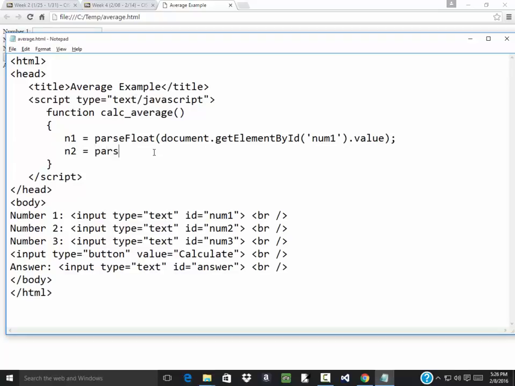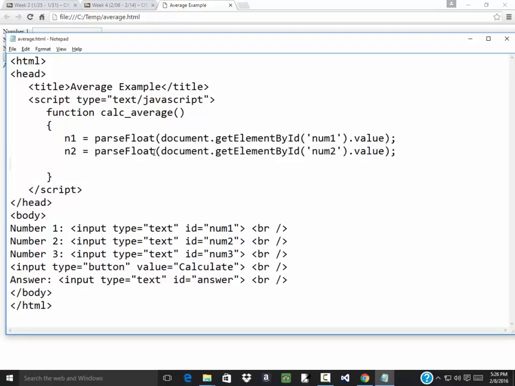Okay, n2 is equal to parseFloat document.getElementById num2 dot value close parentheses semicolon. n3 is equal to parseFloat document.getElementById num3 dot value,